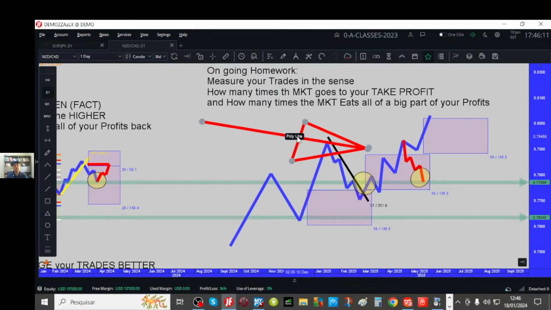Everybody, if you understand from your trading that the market eats the big part of your profits 50% of the time,